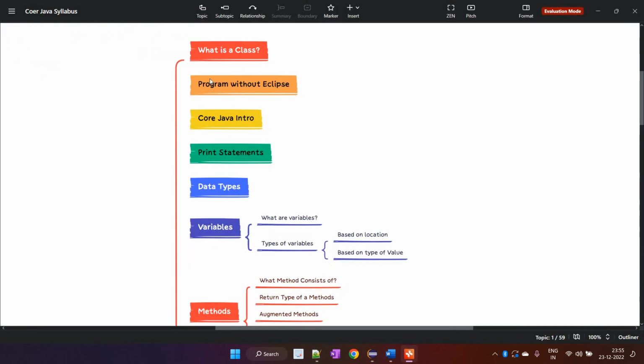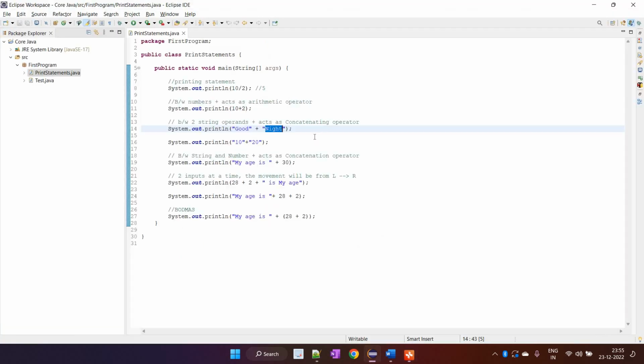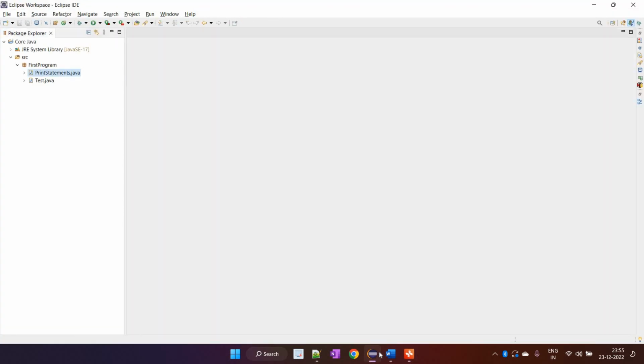Now coming back to the point. Here in this section we have reached the variables concept. In this variable concept we are going to dive deeper into it, and we are going to see how many types of variables there are. So let's go ahead and understand